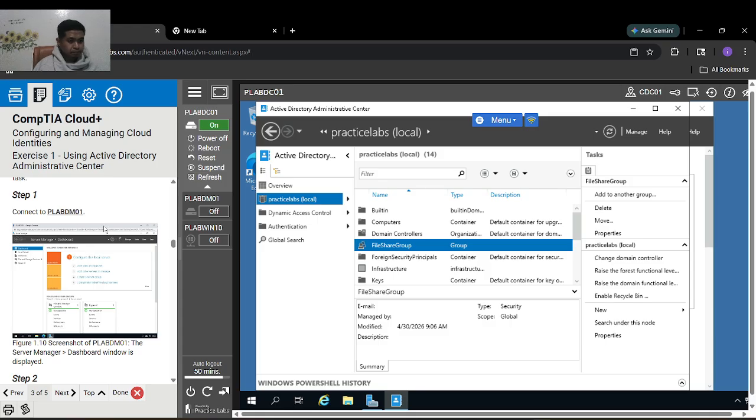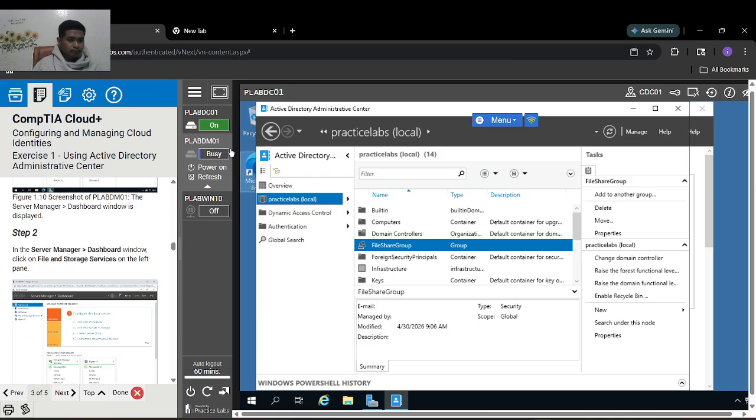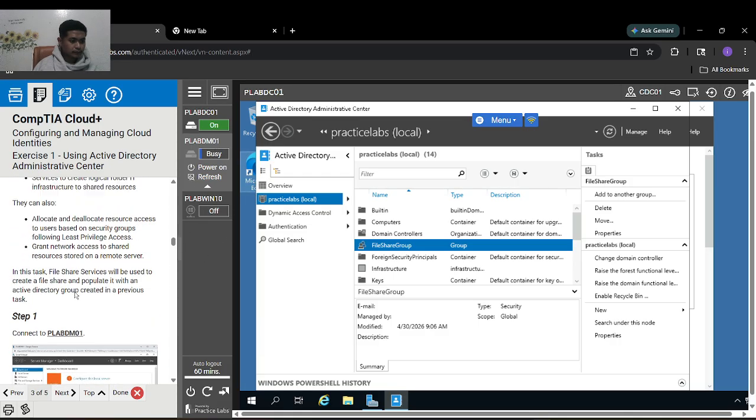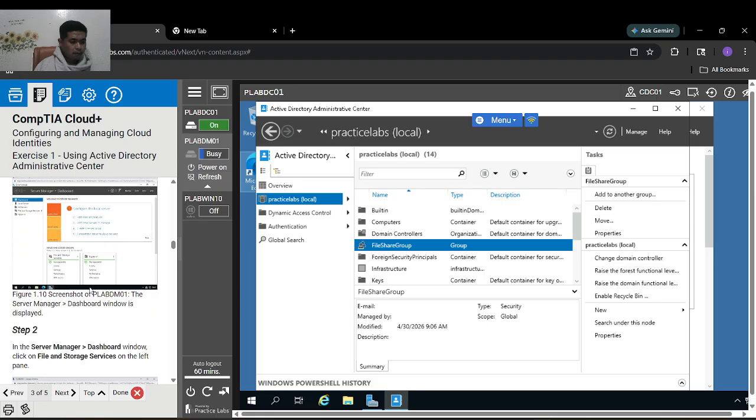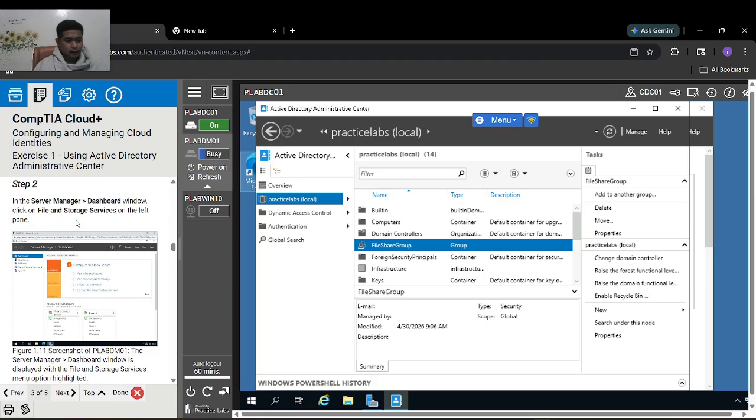So connect to PLAB TM01. I will explain step two. In the Server Manager dashboard window, click File and Storage Services on the left pane.